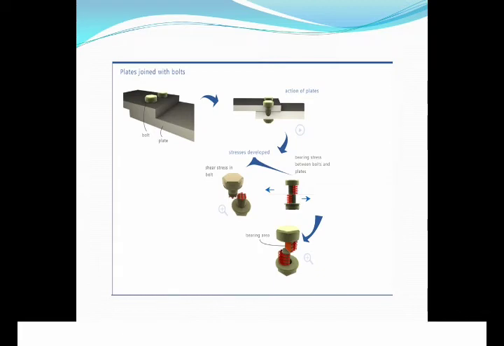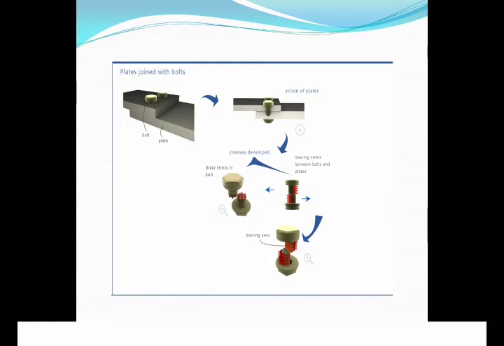The example for the shear stress in the previous class that I had given was regarding the rivet. Now this slide shows the different types of forces that are acting on the element, which is the plates joined by a bolt. And the picture clearly shows how the shear stresses are acting.